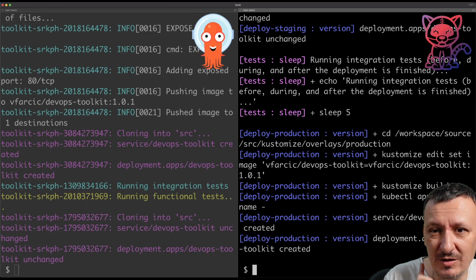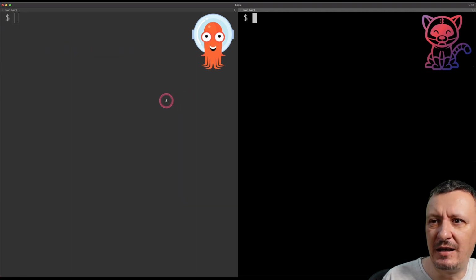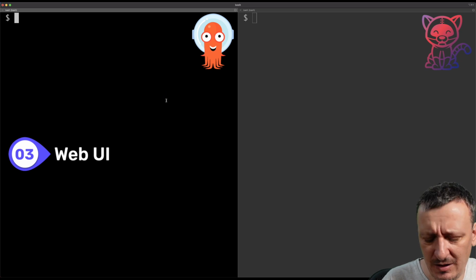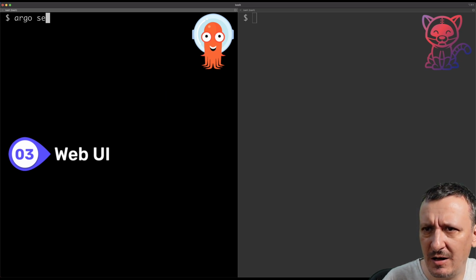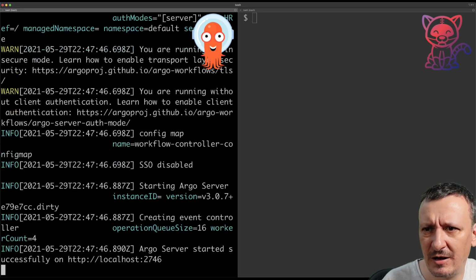We'll get there, I promise. We are going to find something that is better in one over the other. Let's take a look at the UIs, right? We want to see maybe pipelines running in a UI. So I can execute Argo server and I get the UI running in this case on localhost